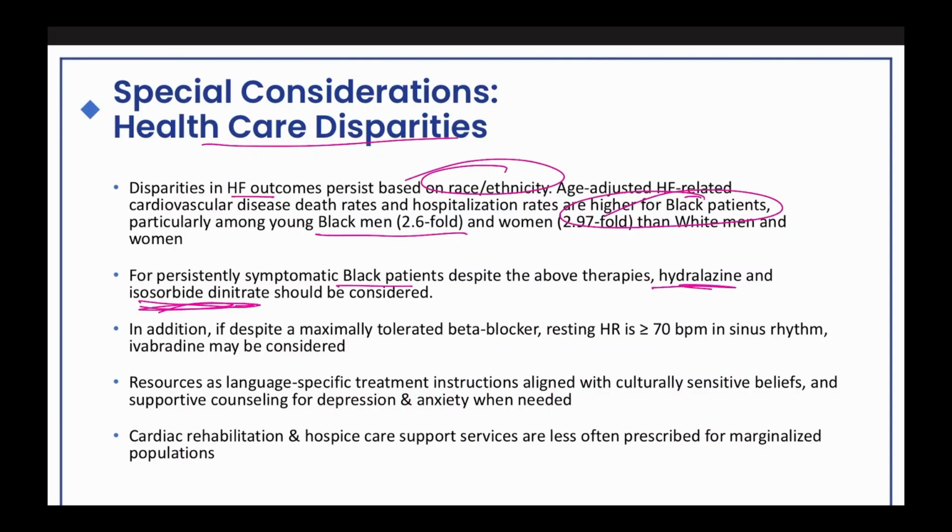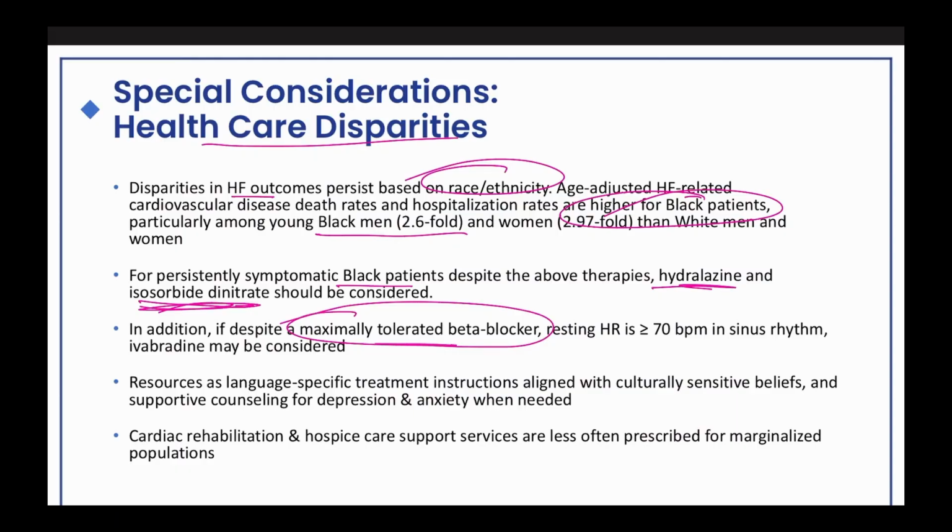In addition, if despite a maximally tolerated beta blocker, how do we know you're tolerating a beta blocker? Heart rate and blood pressure. Just look at mainly your heart rate, but blood pressure affects as well. If your heart rate is in the 50s, that beta blocker is too strong. What we're saying here is that if you are on a maximally tolerated beta blocker dose,